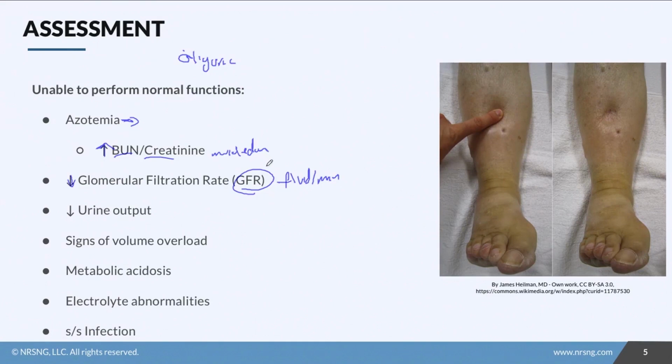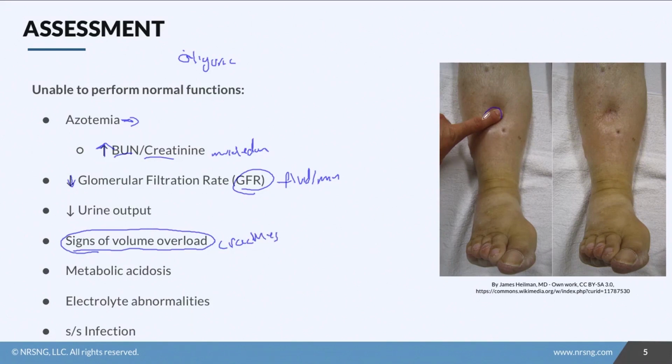It's very specific to the kidneys, and it's highly reflective of renal function, so don't discount it. Now, that being said, we already talked about seeing a decrease in urine output and how concentrated it would be. Since they aren't able to get the fluid out, we actually start to see signs of volume overload in their system. They're holding on to all this fluid because the kidneys aren't working, so we start seeing things like volume overload. So we'd hear crackles,